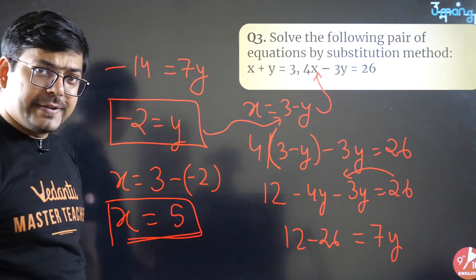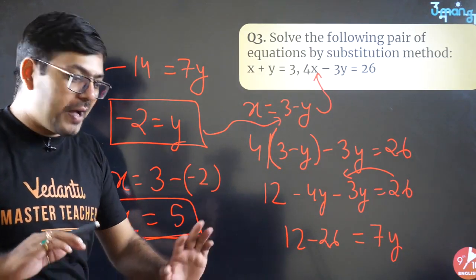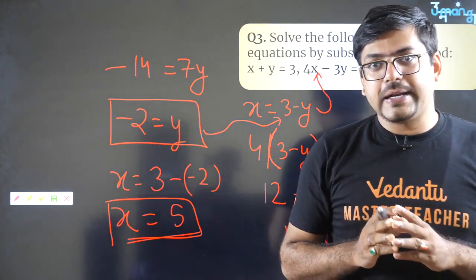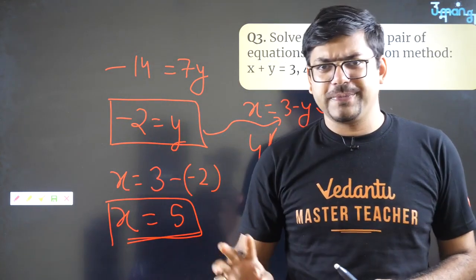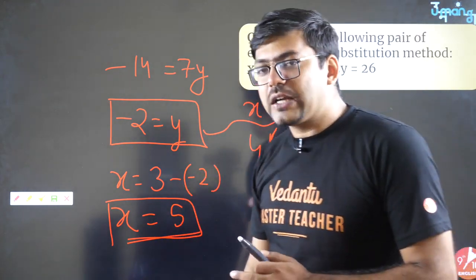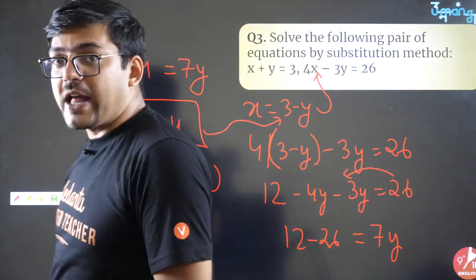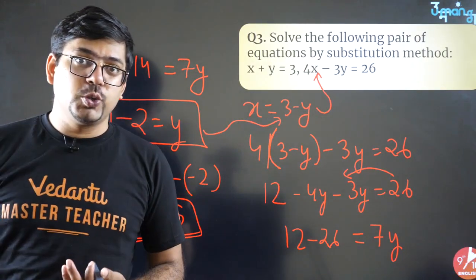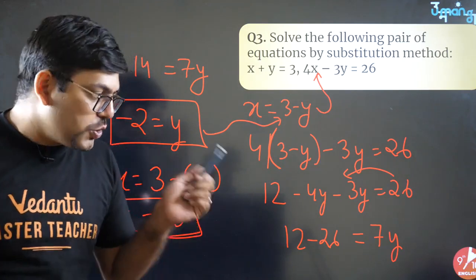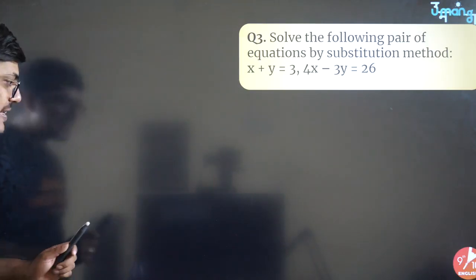I hope you all got it, isn't it? So I'm assuming right now that by this time you would have already realized how easy this method is. Super easy, okay? But there is one challenge here. And that challenge you probably would not have been able to see because I have shown you questions which are easy. So let me tell you which challenge it has. This methodology has a challenge.